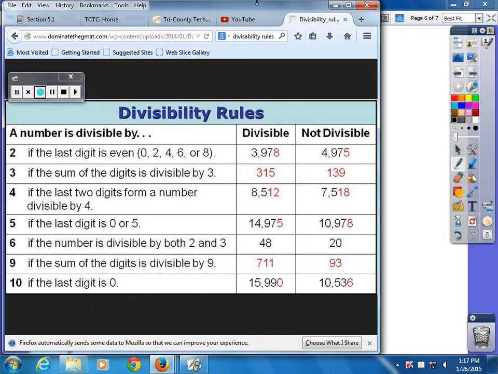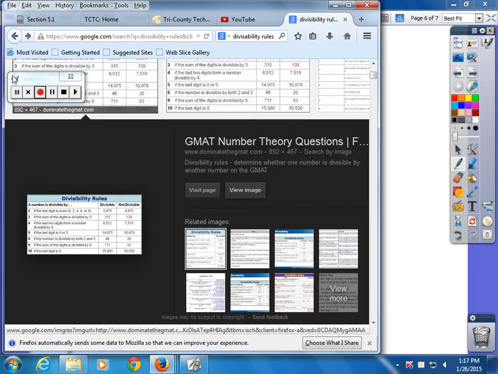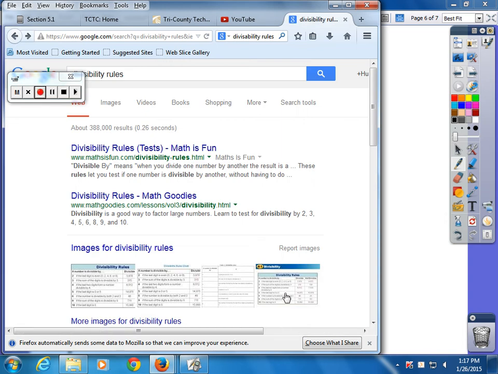Okay? So if the last digit is even, what can you divide into it? A 2. What if the last digit is a 0 or a 5? It's divisible by 5. What if the last digit is 0? It's divisible by 10, which means it's divisible by 5 and 2. And they got a whole bunch of them. You can find them any which way you want. Just click on